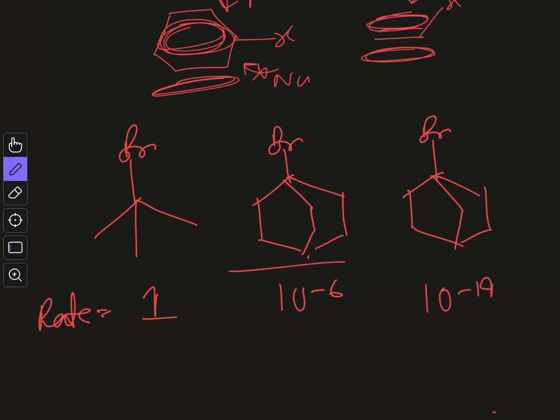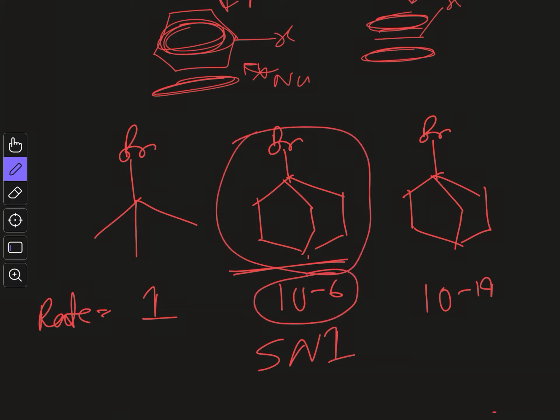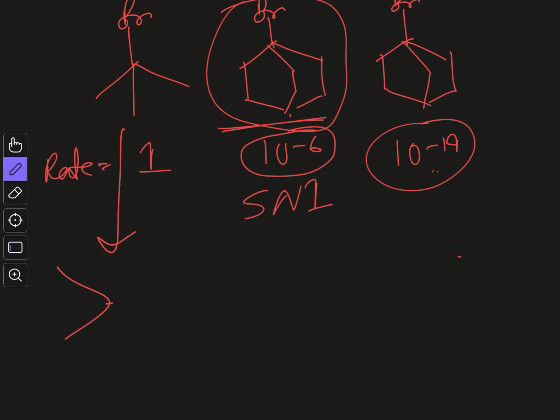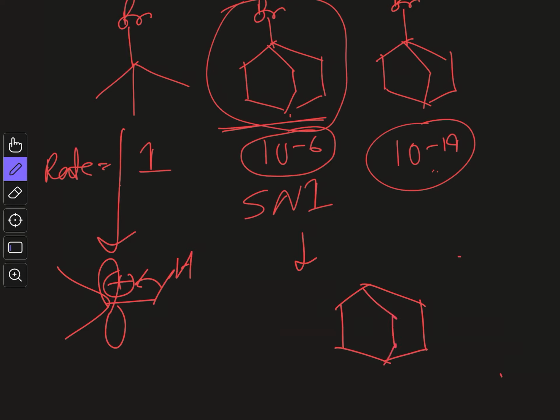So these are all rates of SN1 reaction. This substrate will show a 10 to the power minus 6 times slower reaction than this one, and this will show a 10 to the power minus 14 times slower reaction. So why is this the case? Because in the first case, whatever carbocation you form is very much stable due to the planarity. In the planar form, it has full hyperconjugation with the p orbital. But in this case, if you are able to form this carbocation, it will not be in the p orbital, but in the sp3 hybrid, and it is not planar. So hyperconjugation is not possible here.